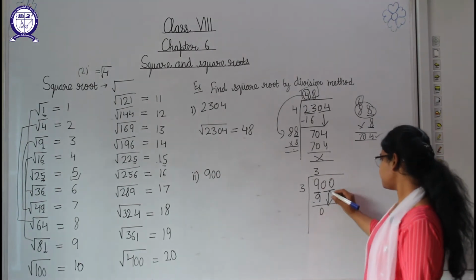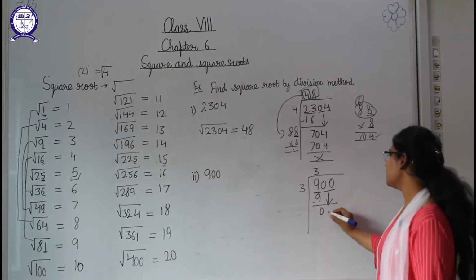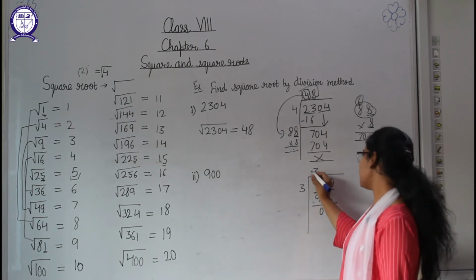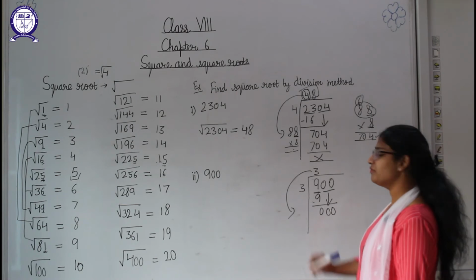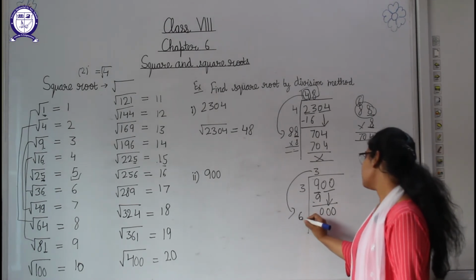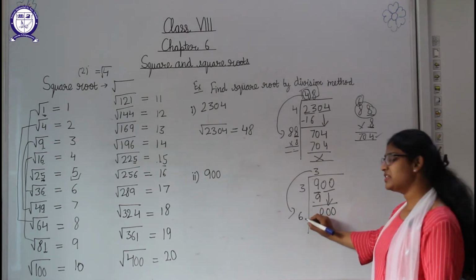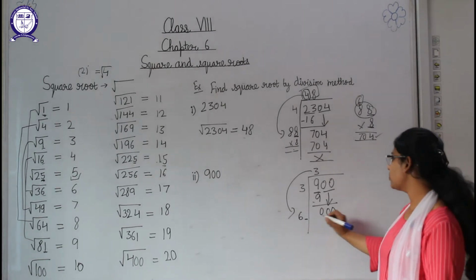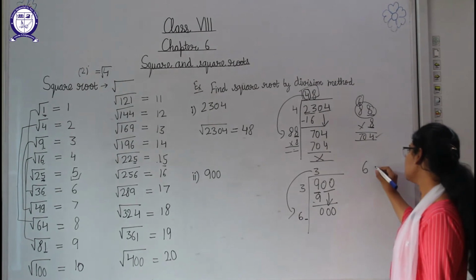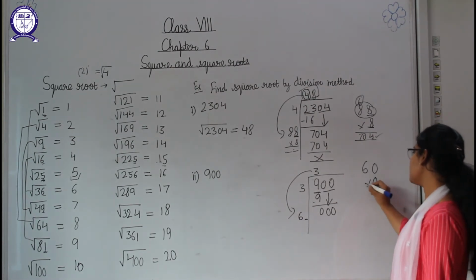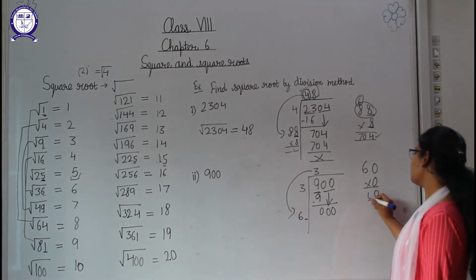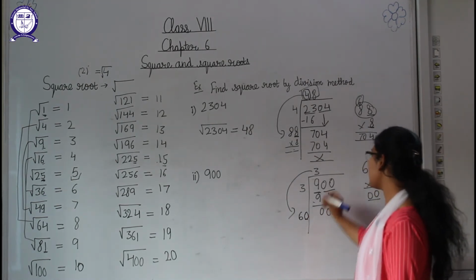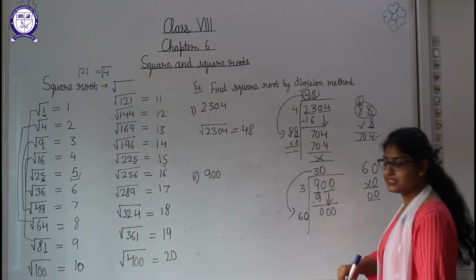Now we will write down the pair, and what is this pair? 0 and 0 is the pair. So students, when we double 3, it will be 6. You know that by what number we should multiply 6 and then one of the digits here, so that we can get 0. Suppose 6 is here, we can take 0 because 60 multiplied by 0 will be 0. So here we will put 0, and as we are putting 0 here, we will write it here also.